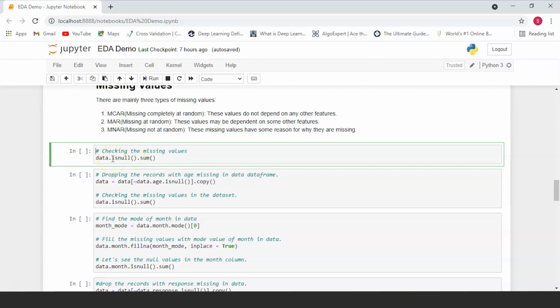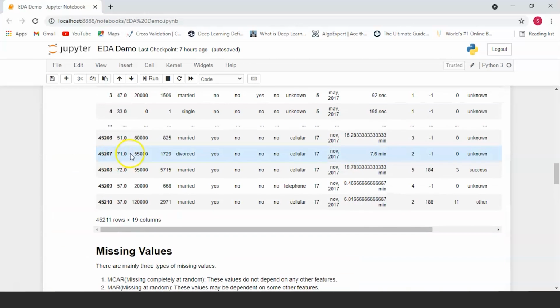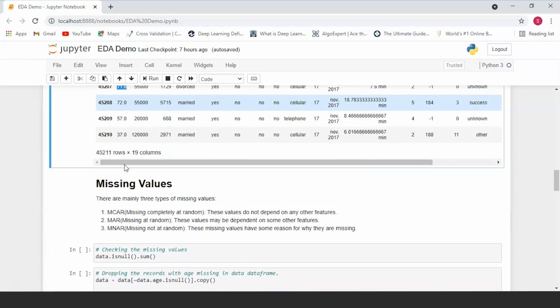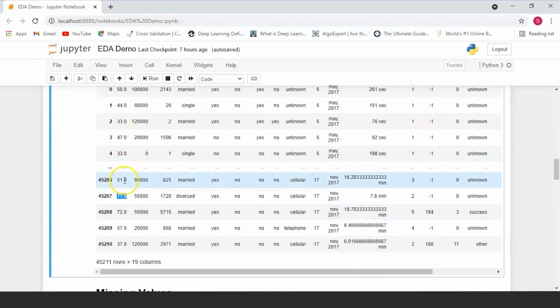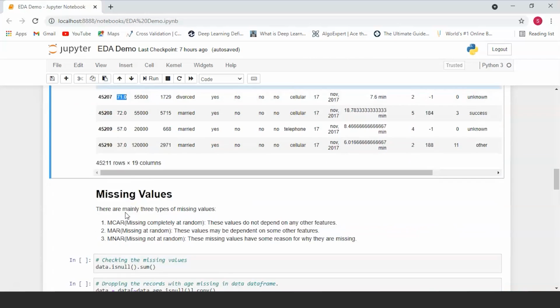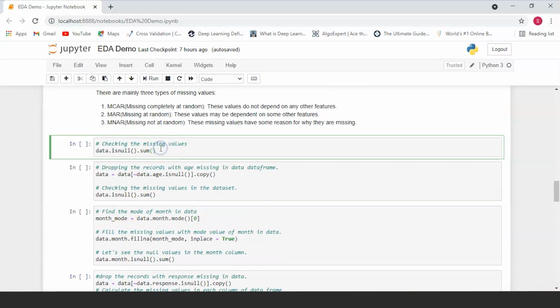So it's going to loop through every column in our data set, and for each row which corresponds to that column, it's going to see if a value is missing. If a missing value is not present, then it's going to give us 0. And if a missing value is present, then it's going to give us 1. Now this will happen throughout the column, as I said. So what we're going to do is find the sum of all of these isNull values. And that's what we're doing here. This will tell us how many values are totally missing in each column in our data set.